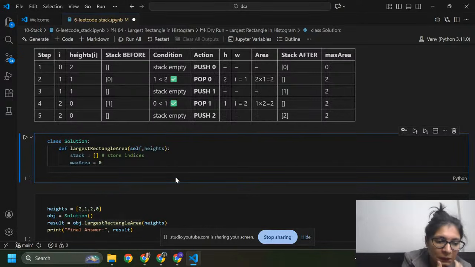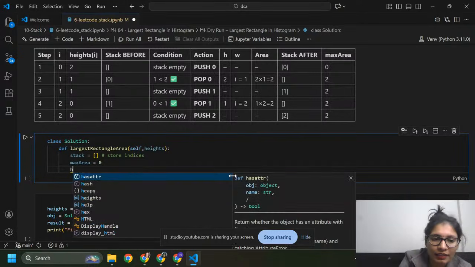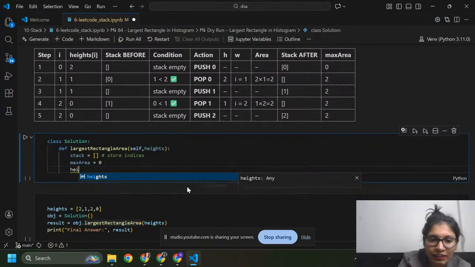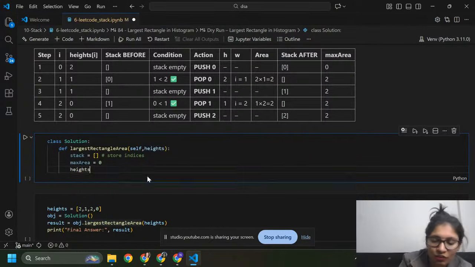After this, I'm going to append to heights with heights.append(0), which is for the sentinel.